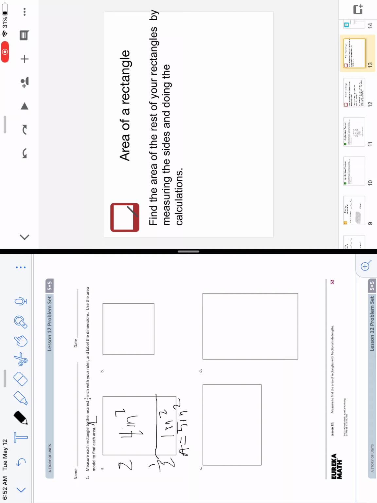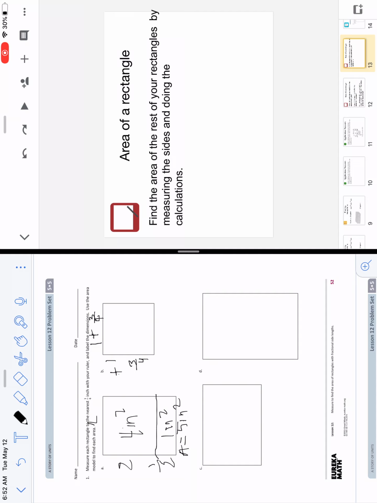So the top is 1 3/4, and the side is 1 3/4. If you notice, it's a perfect square, so it's going to have the same side lengths. So the side lengths are 1 3/4. So what I want you to do is pause the video,